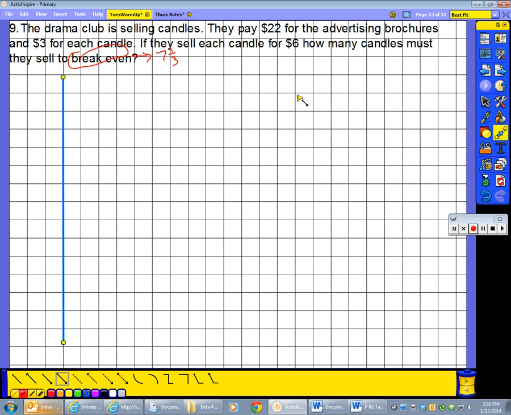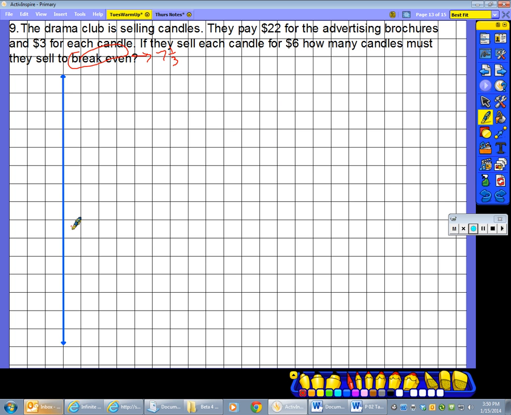Okay, so now I'm going to create the y-axis first, and I know that the least amount of profit, because that's what we're talking about here, profit, the least amount of profit I'm going to have is negative $22. So I'm going to go down to negative $25 because that's just a little bit lower. And so this would be negative $20,